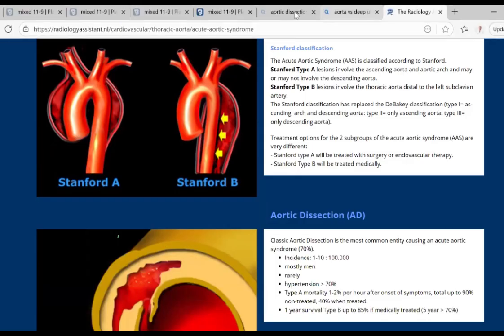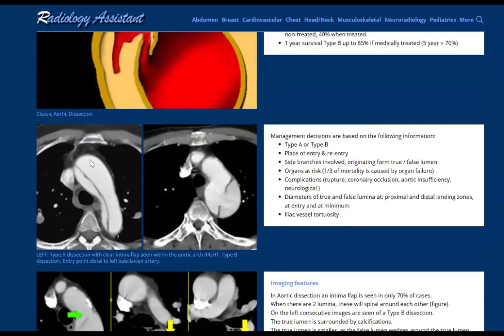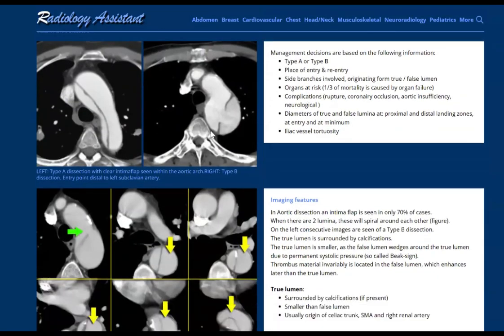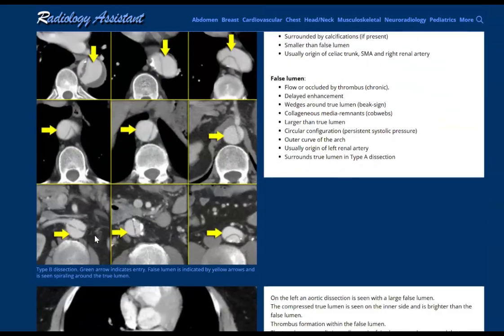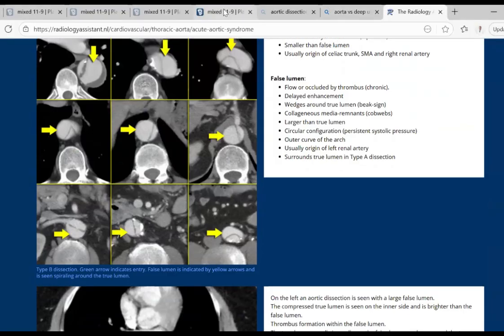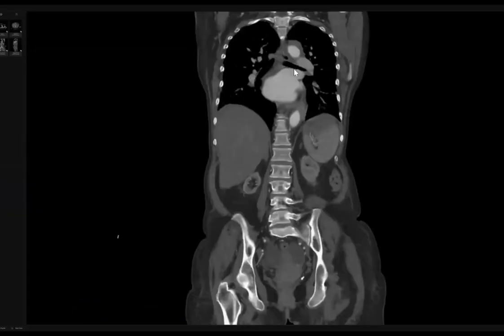So when you give contrast in dissection, I will give you one case, you must see contrast. You must see false and true lumen. Why? Because you have entry and exit. Whatever the entry, where is the entry, where is the exit? Suppose this is the exit. So in summary, the difference, number one,